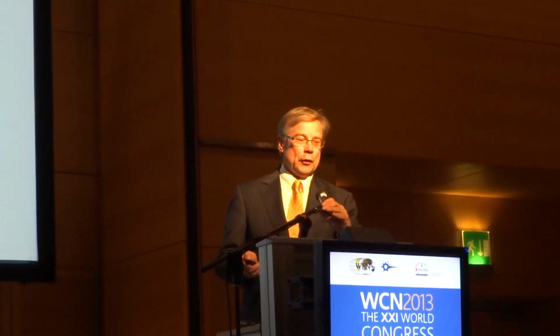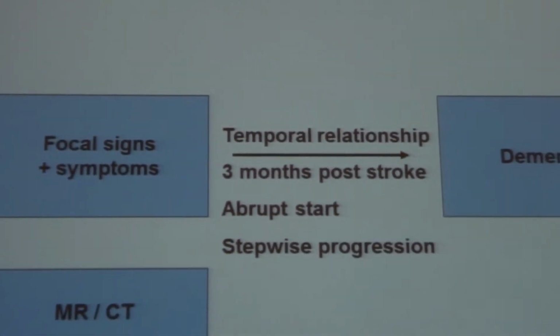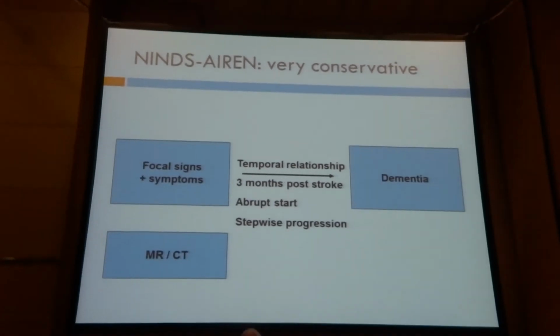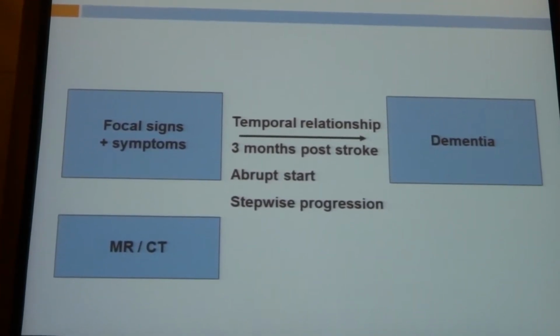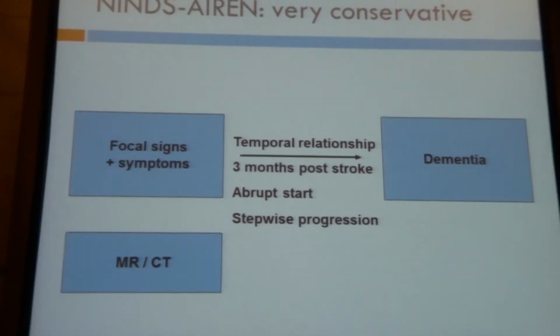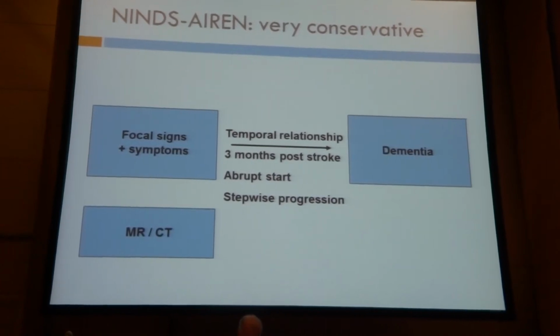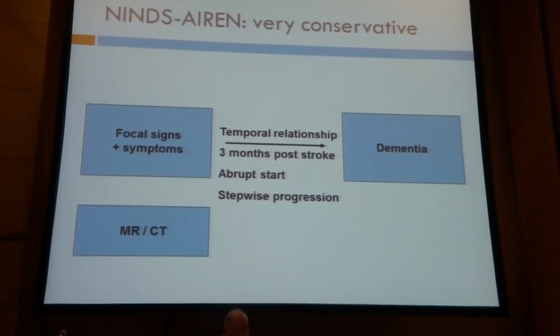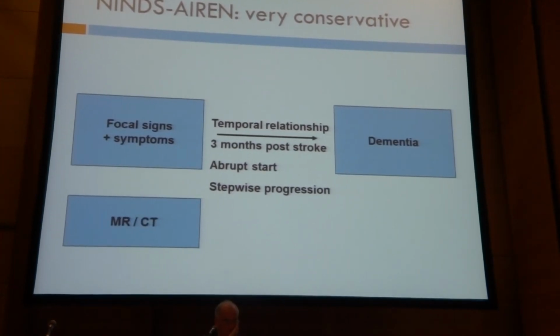So in the early 1990s, two sets of criteria were established. The NINDS-AIREN criteria that were quite conservative. Here we have the focal signs, the dementia, and the temporal relationship with a relationship of 3 months between